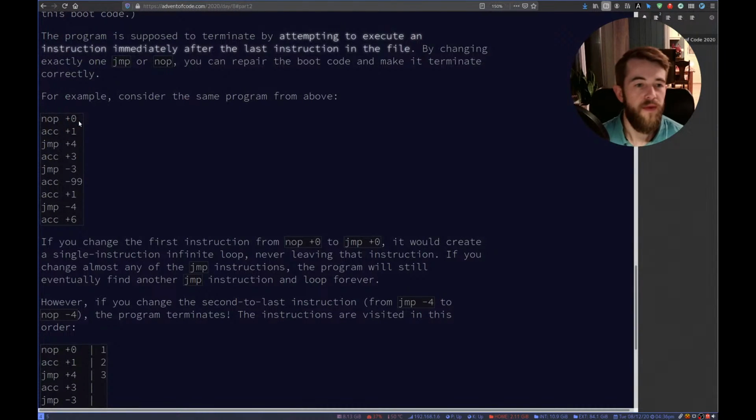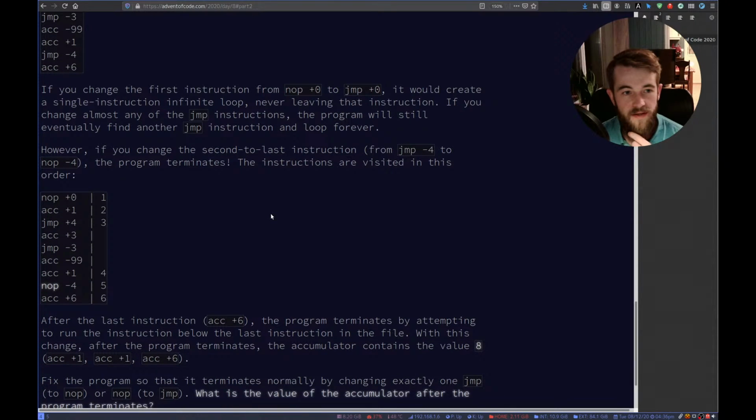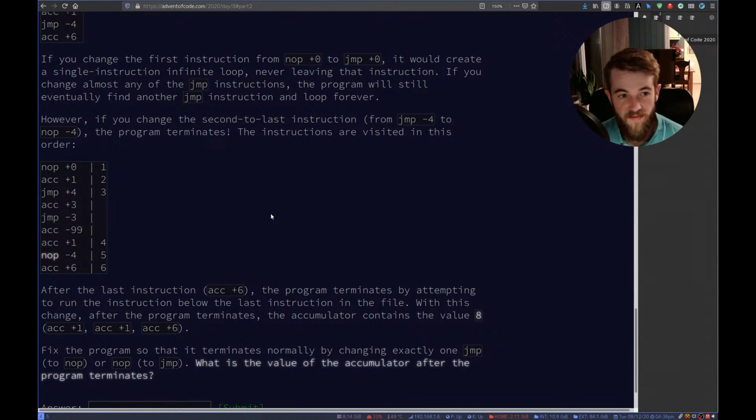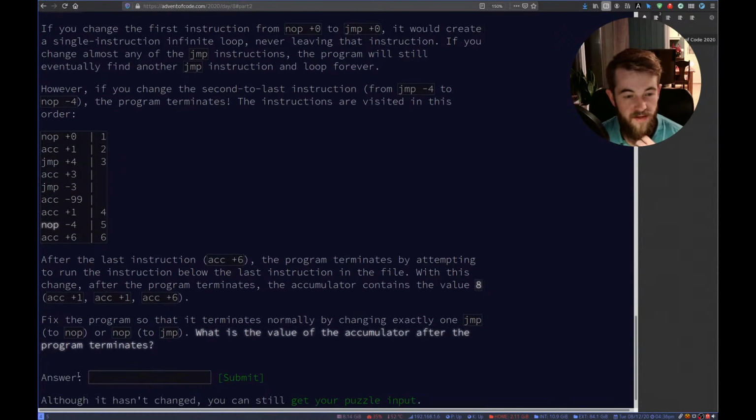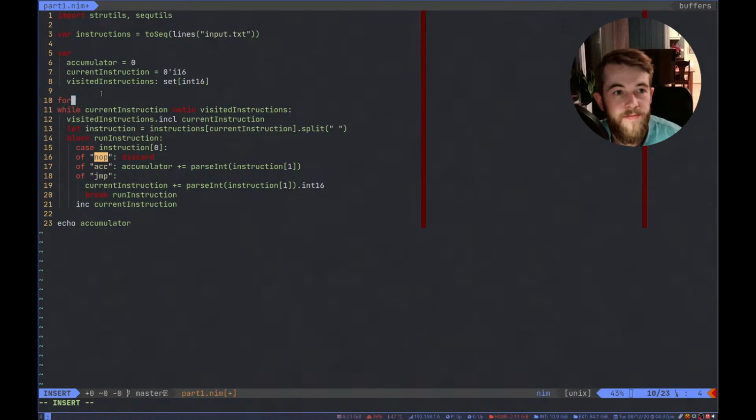I mean, we could just loop through and try all of them. Like flip all of them and check. I guess that works. I mean, it's not pretty. Right. For instruction set